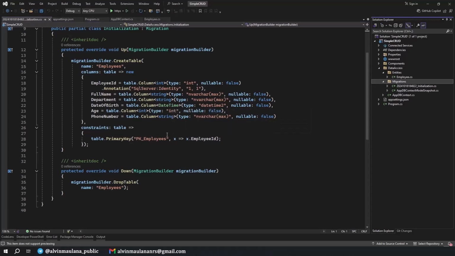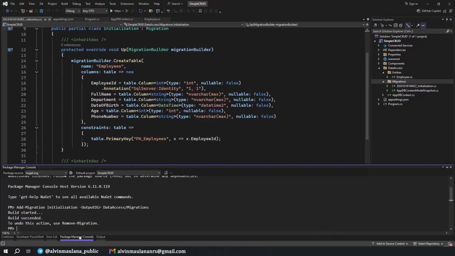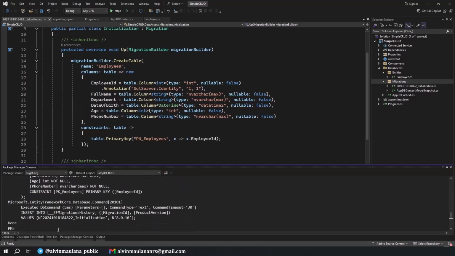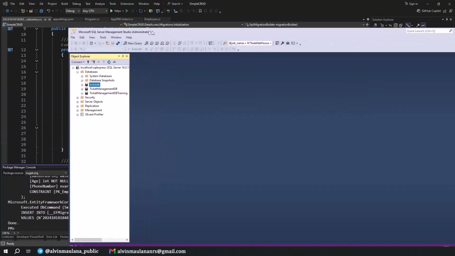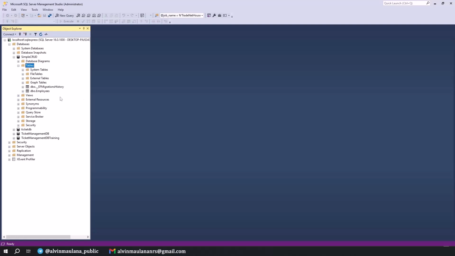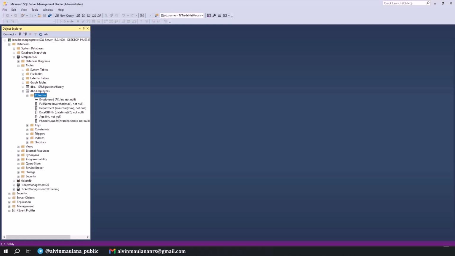No, it's still not complete because we need to synchronize to our database. So what we should have now is Update-Database and enter. Nice, now it's success. If you check your database, I open SQL Server Management Studio. And in here, I try to refresh. Yeah, this is my previous project. I just refresh it. Nice, now I am able to see the database of SimpleCRUD with the table of Employees in here. We can see the columns also. Okay, nice. Now the table is created.